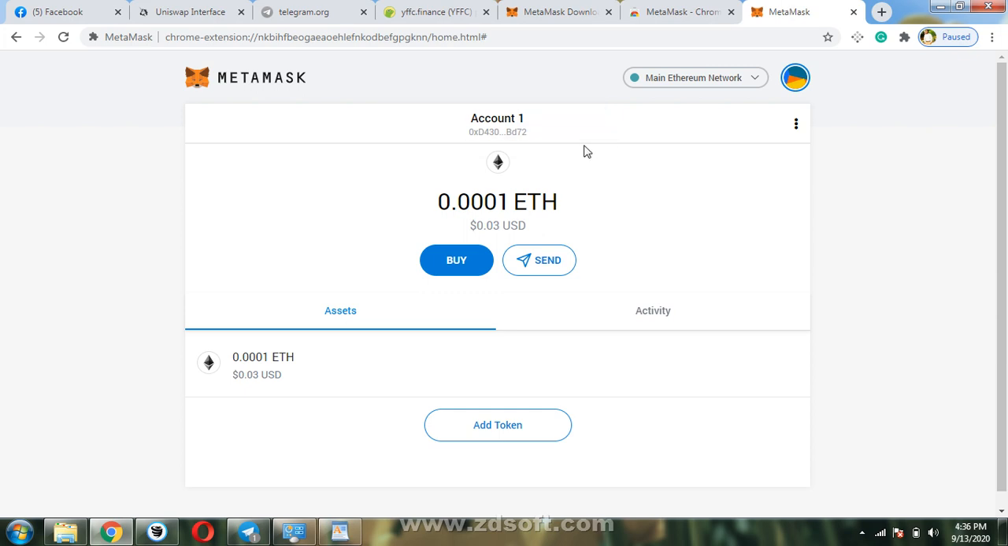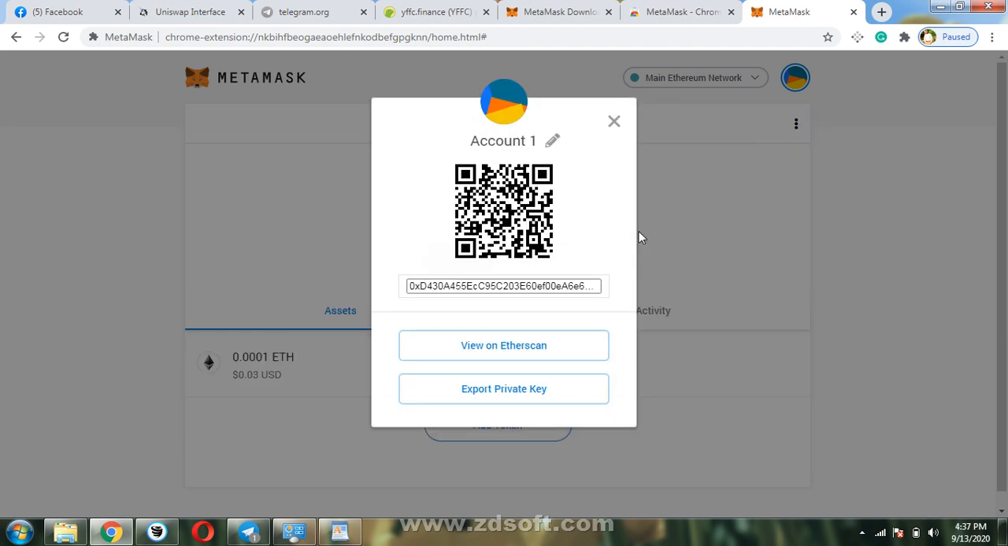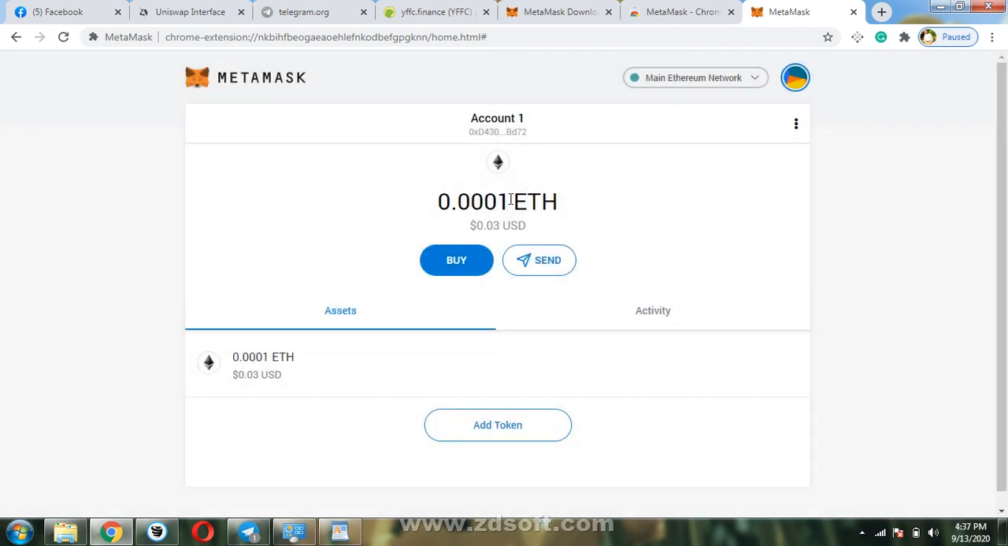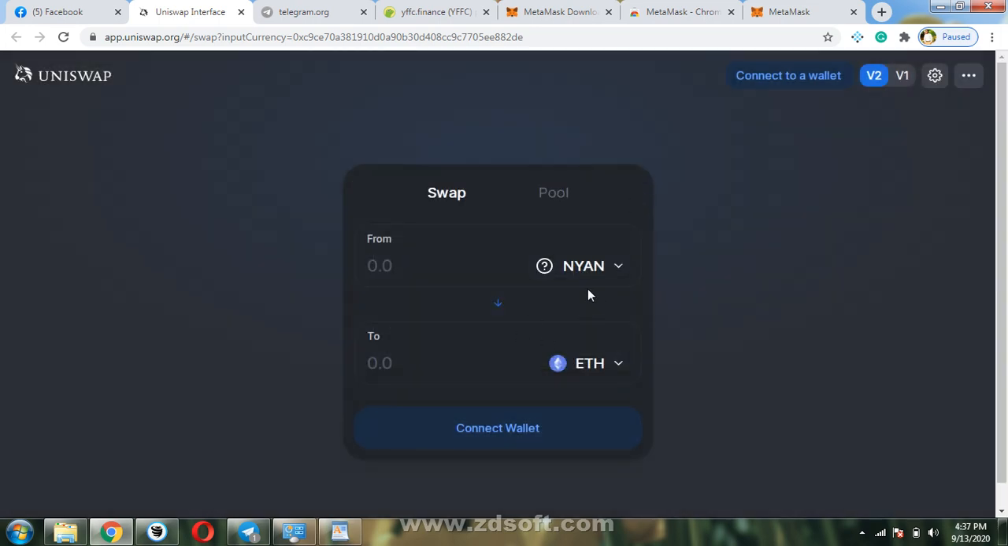So go again into this MetaMask account and deposit some Ethereum. If you go with buy, click on buy and connect to this address, directly deposit ether. When you click on this, you will get this address of ether, and deposit your ether to this address, so you will get your Ethereum in your MetaMask account. Whenever you get your Ethereum in your MetaMask account, just connect with Uniswap and you can buy your